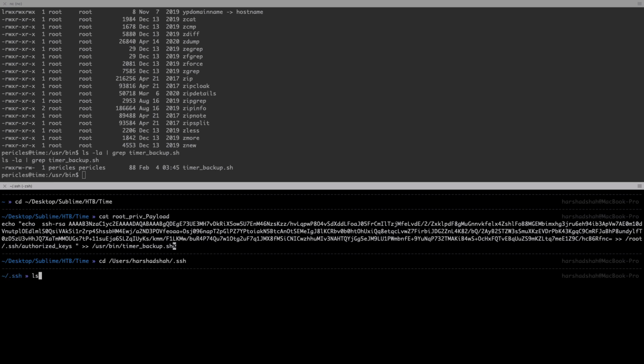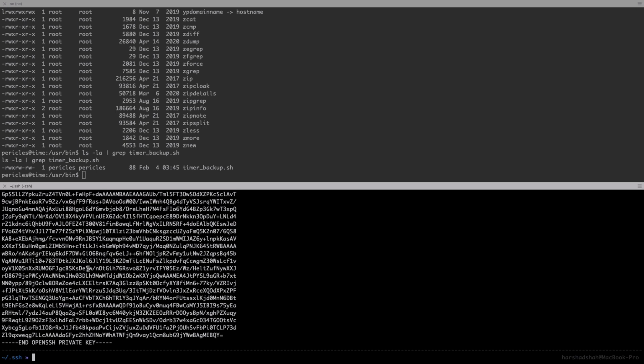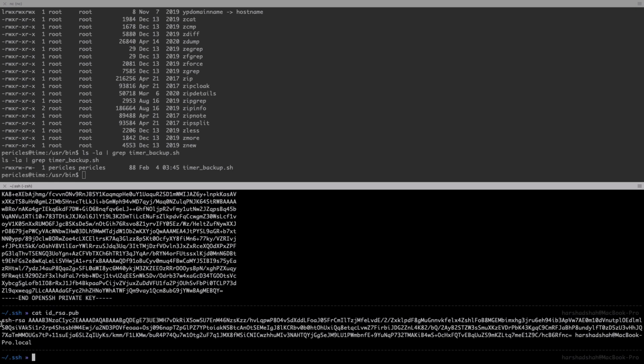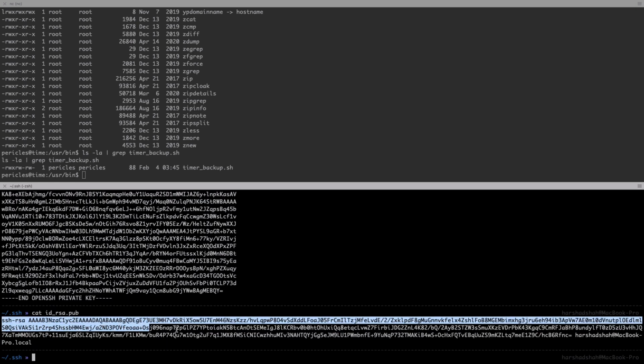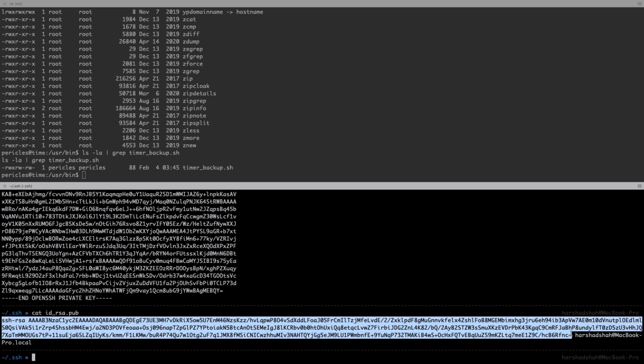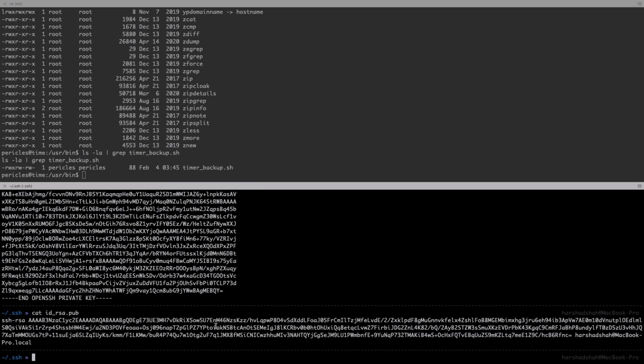In this case I have a public key available there, id_rsa. So we need to use cat id_rsa. This is my private key, and I need to use id_rsa.pub. That part you need to copy. So you can copy that part from here to here. Let me copy this section properly.